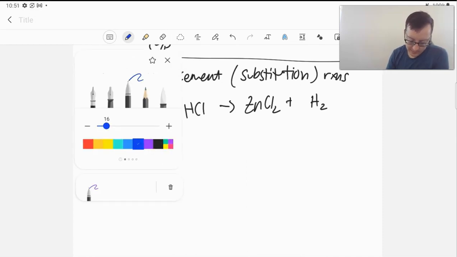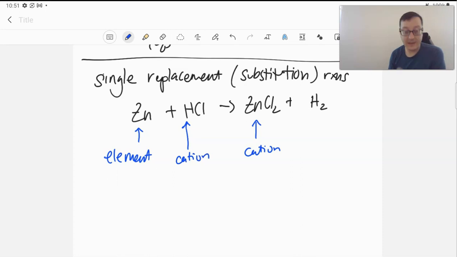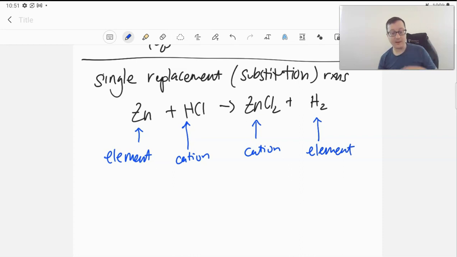What these reactions look like is, notice we have a metal here that has become a cation, or rather we can say an element, we'll say that way. It'll be easier. We have the hydrogen, which is a cation, in this particular reaction, turning into an element. So notice that because zinc and hydrogen both form cations, that's what's being replaced. We're not kicking out the chlorine and making a combination of zinc and hydrogen. That would be very unlikely. Chlorine is a much better anion than hydrogen is. However, we can see